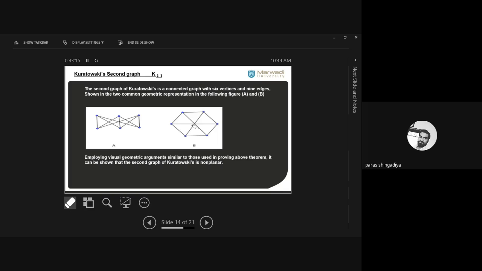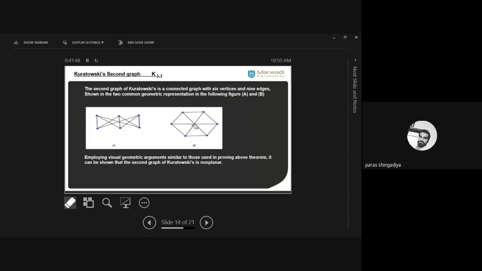How many connections are there? It is 1, 2, 3, 4, 5, 6, 7, 8. Seven and eight are crossing. But if we compare this graph to this one, they are the same. We can easily prove they are isomorphic graphs, which means they are the same. So in place of this graph, we can use this picture to prove why it is non-planar. Clear? We can consider this graph in place of this one.